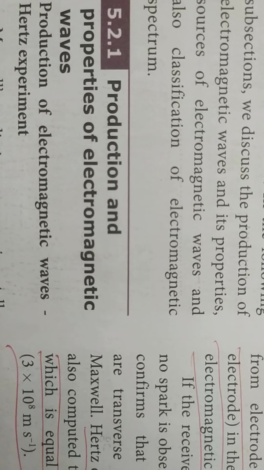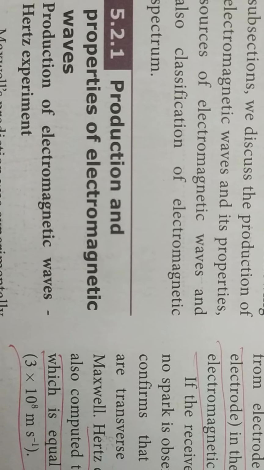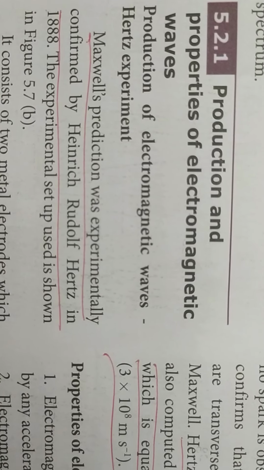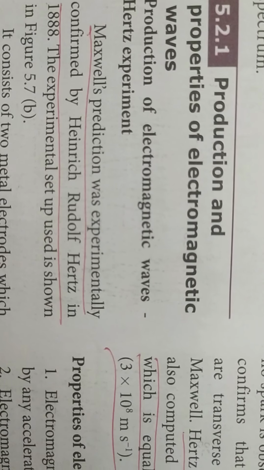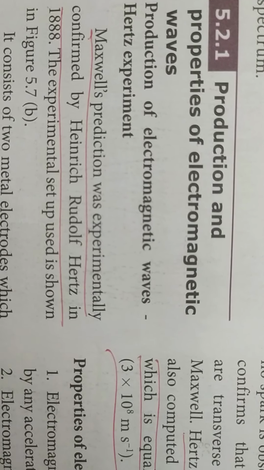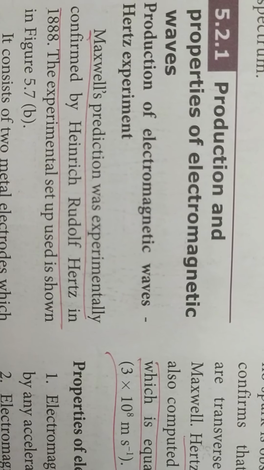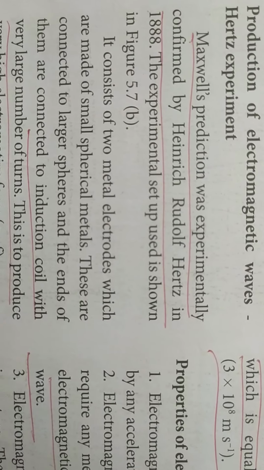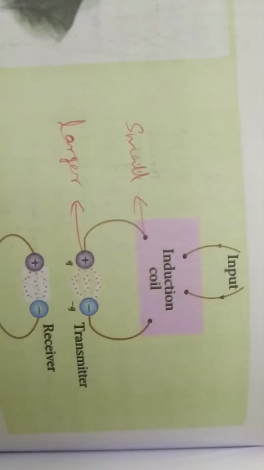And here first, the electromagnetic waves are produced by Hertz. Even though Maxwell predicted there are some waves called electromagnetic waves, Hertz is the first scientist who produced electromagnetic waves in the laboratory. So here when you see how it is produced, the experimental setup,